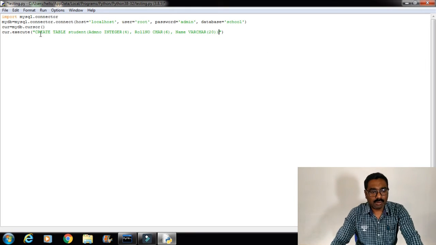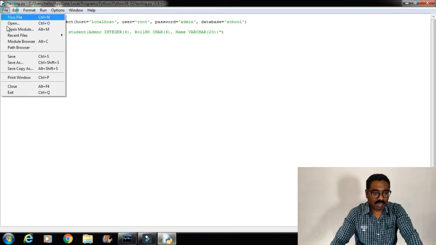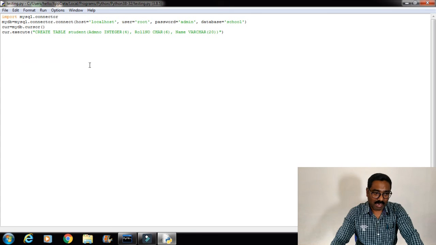Now the command is create table student, admission number integer 4, roll number character 6 and name varchar 20. This bracket of create table has been closed here, and this is the bracket of the execute command. Now I'm saving the file. The file has been saved. Let's run the file and see what happened.